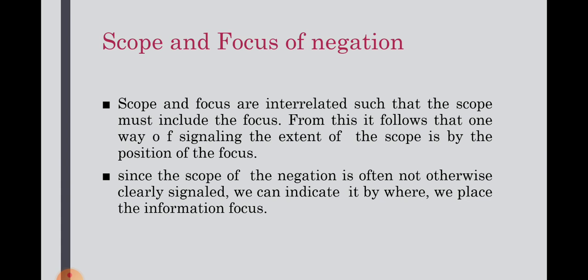From this, it follows that one way of signaling the extent of the scope is by the position of the focus. So when we specify the focus, this indicates that we specify the scope of negation for that sentence or that clause. Since the scope of negation is often not otherwise clearly signaled, we can indicate it by where we